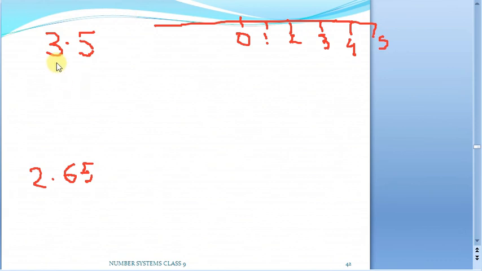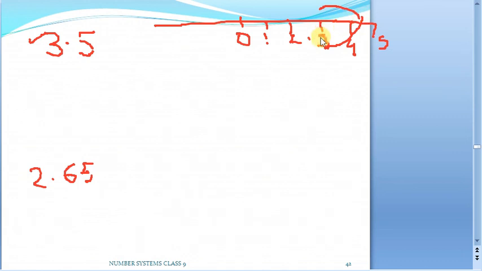Let me take an example. Suppose we want to locate the exact position of 3.5 on the number line. So our number is 3.5. So observe the integer part here. So it is 3.5. That means it is 3 plus something. So it has crossed 3, but tell me, has it crossed 4? No. So that is why this number will somewhere lie between our 3 and 4. Why? Here it has crossed 3, it is 3 point something, and it has not yet crossed 4. So our number will be in between these two.